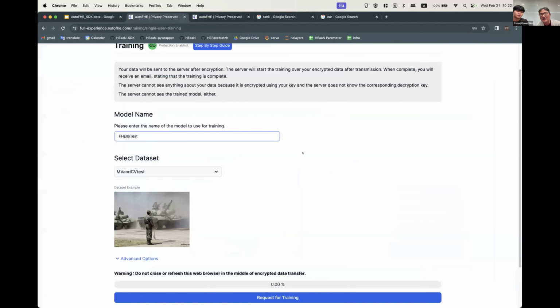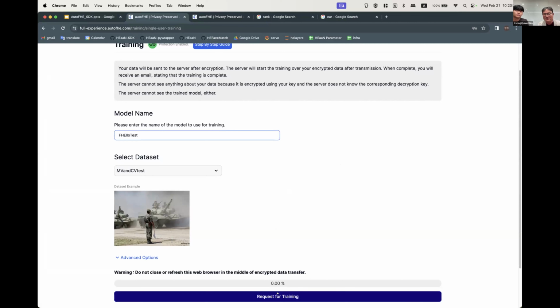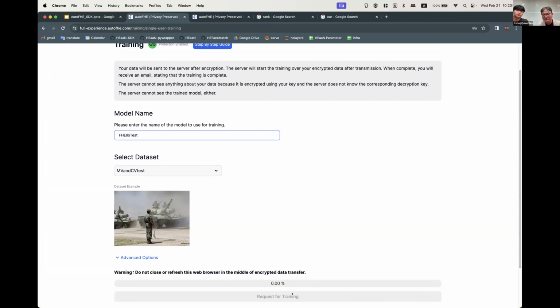So this is our AutoFHE service. If you select your dataset, then now we are ready. If I push this button, all my data will be encrypted and then uploaded to the server. I push this button, and there is a progress bar.